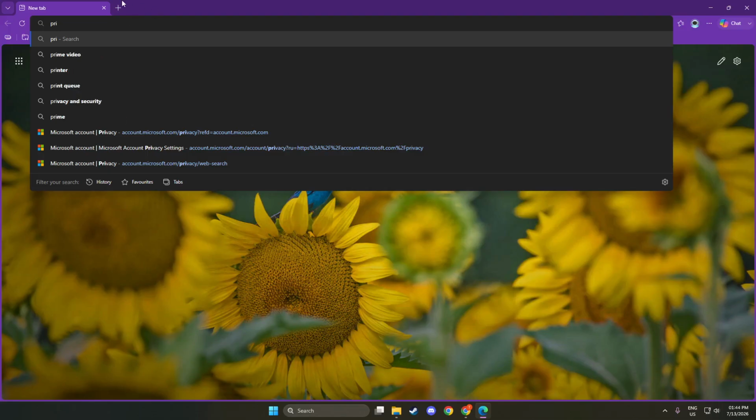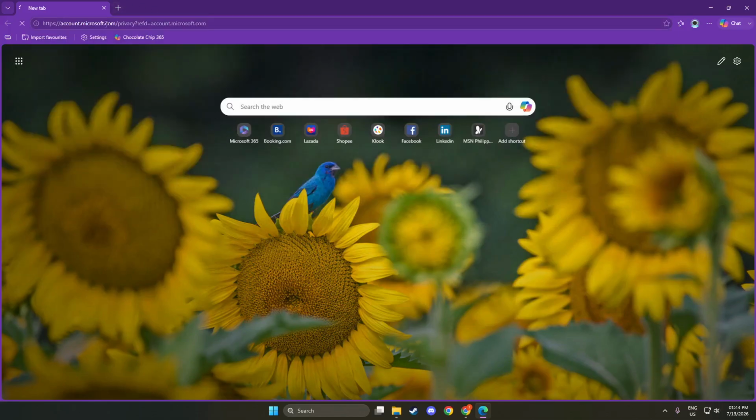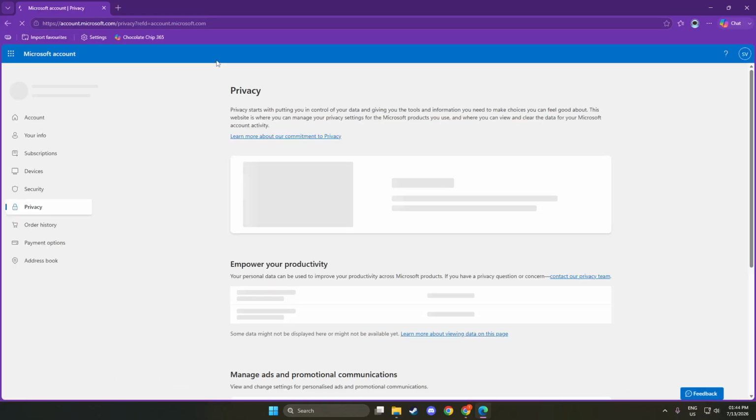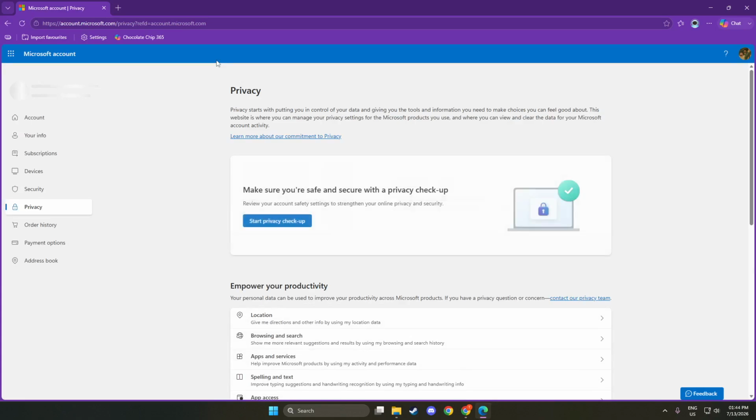Here, you will need to sign in with the Microsoft account that you use in Microsoft Edge. This is essential because only your account will allow you to view your specific browsing data. You may be prompted to enter your email and password. Once you've entered your credentials, click on the Sign In button. You will see a loading icon as your account is verified. This process ensures your information remains secure and only accessible to you.